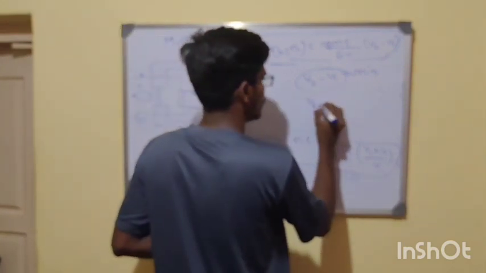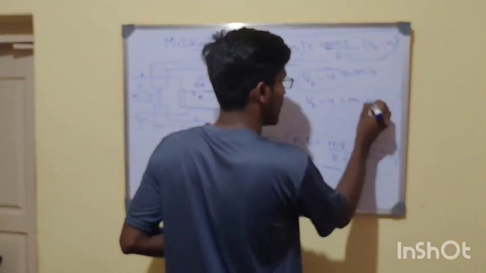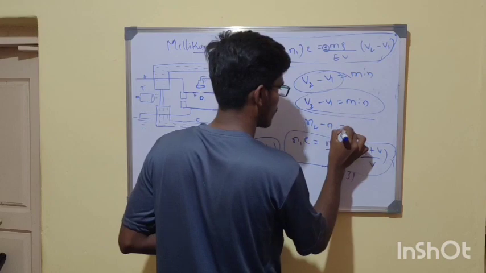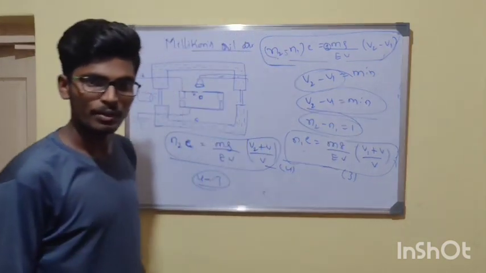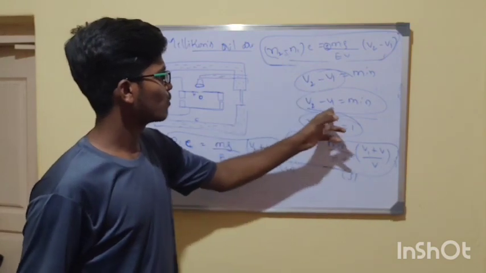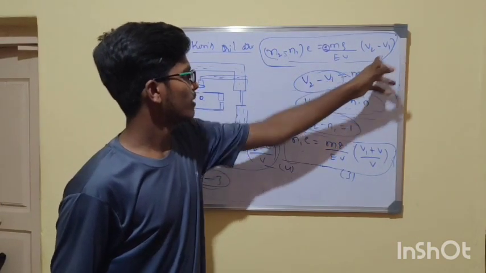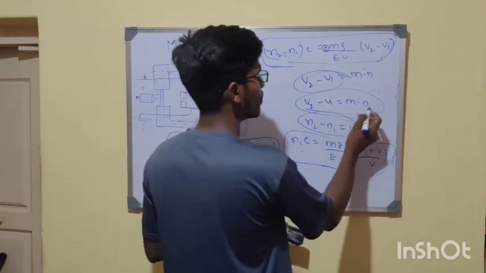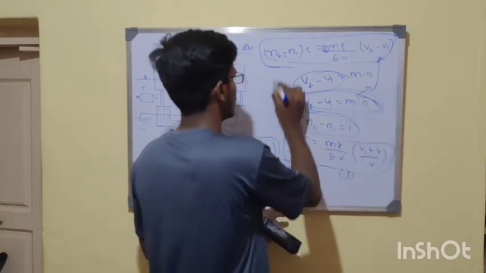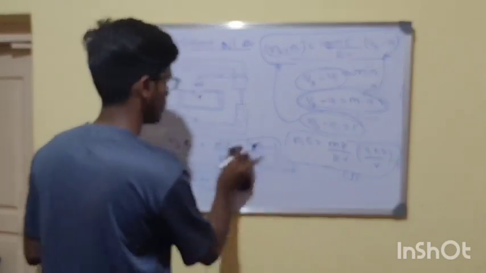So whenever V2 minus V1 is equal to the minimum, at that condition N2 minus N1 becomes 1. So N2 minus N1 is 1, and I am going to apply V2 minus V1 minimum here. This value I am going to apply in this, and this value I am going to apply in this. So finally we will get